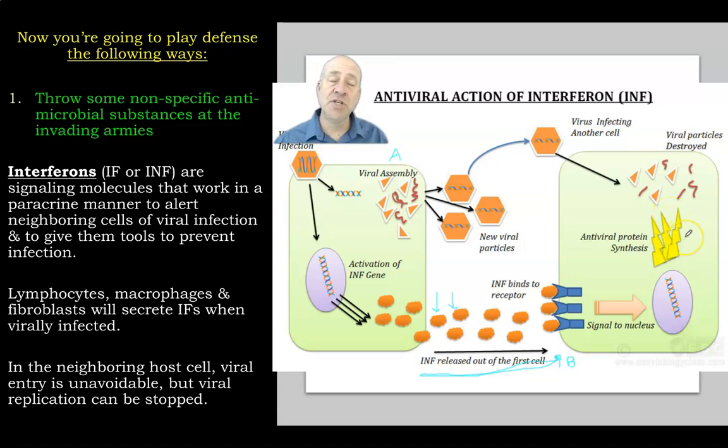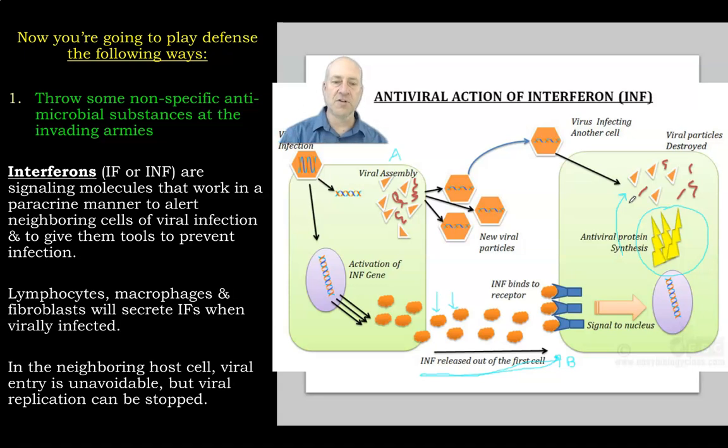a bunch of genes. Those genes are not going to prevent infection of the second cell by the virus. The virus is going to infect the second cell too, but it's not going to kill the second cell. Okay? It's going to come in, and there'll be genes that are available and proteins that are available through the interferon signaling. There are going to be new proteins available through protein synthesis that are going to allow you to kill the virus. So the virus will infect the second cell, but it won't be able to replicate and destroy